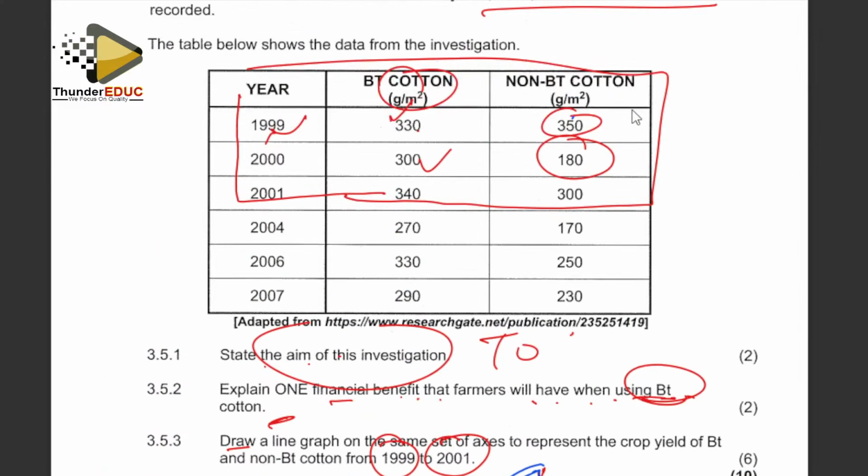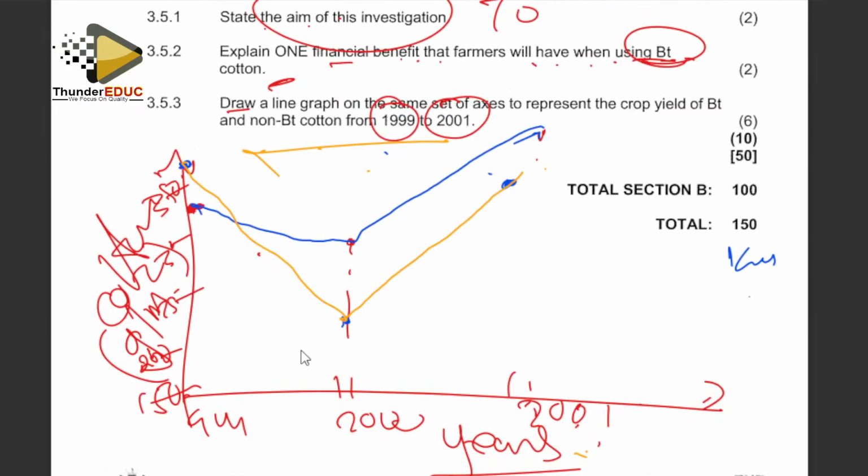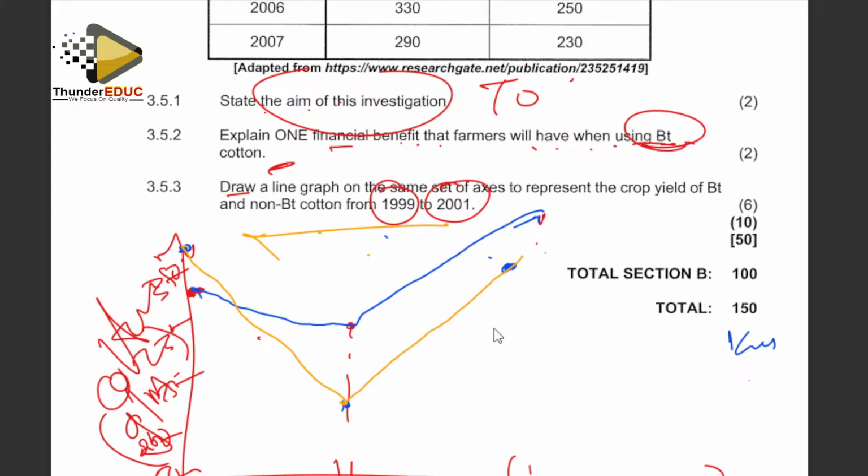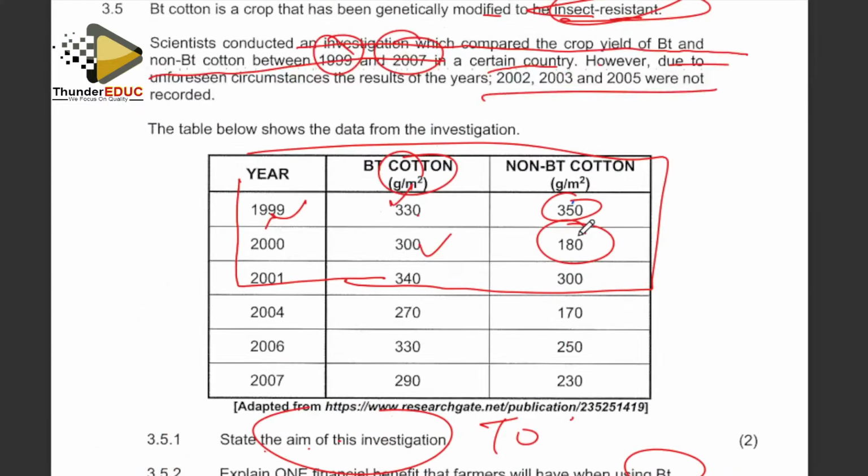Is there anything else they talk about? They just said yes. That's it. And then now they will give you marks. The type of graph is correct. If someone drew this instead of the other, you will be deducted some marks. I know that most of the people drew from here to here.